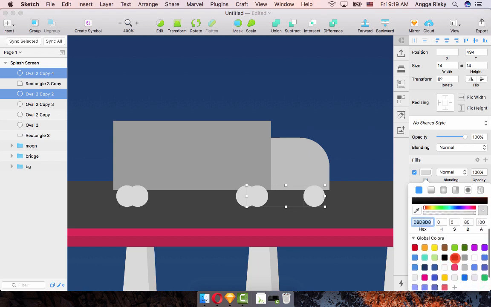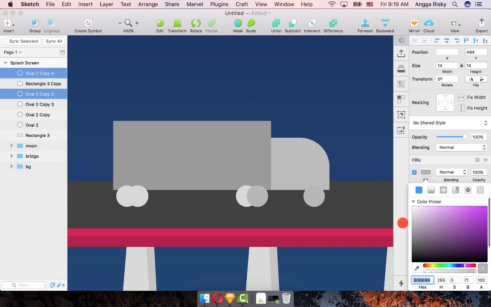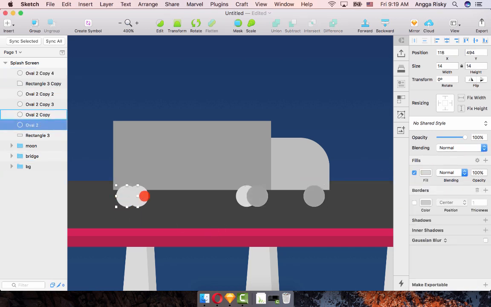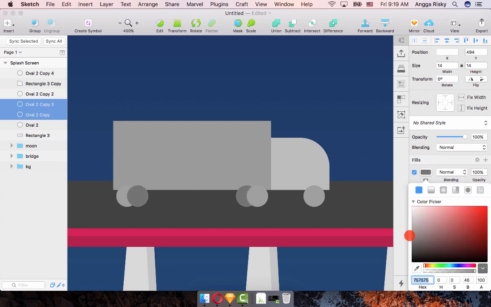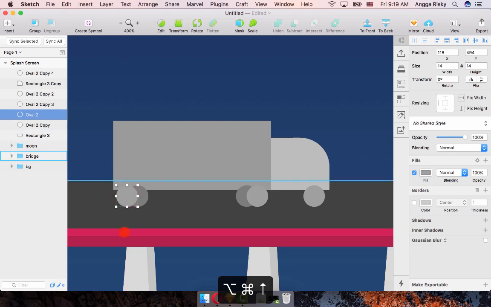Maybe we can use black, but I think we can't see it clearly, so just like this, and this one, but this we can make the same color, but make it more dark like this. Okay, and I just want to change this layer like this,